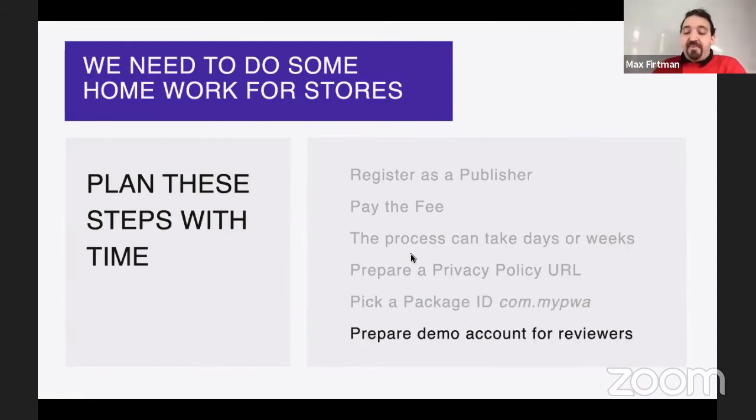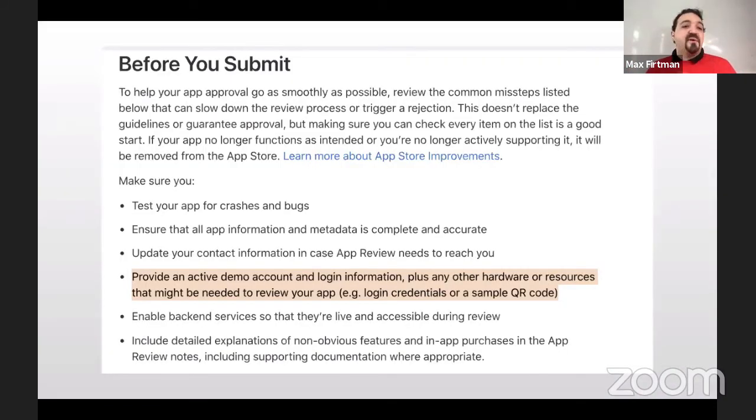And you should prepare a demo account for reviewers. In case your PWA has a login, you actually need to provide demo details, such as an account or instructions. The reviewers should actually enter the app as a user. In fact, for example, on the App Store documents, you have this "before you submit" section where you can see